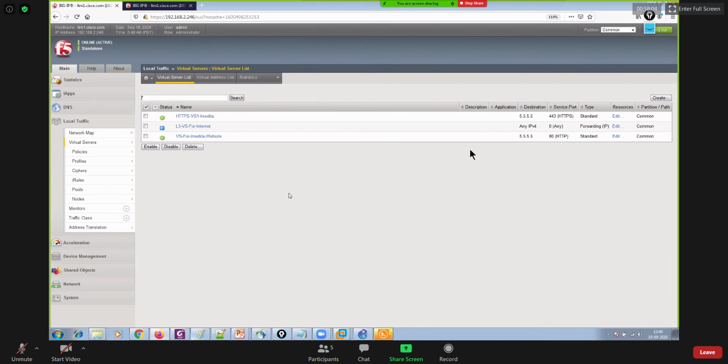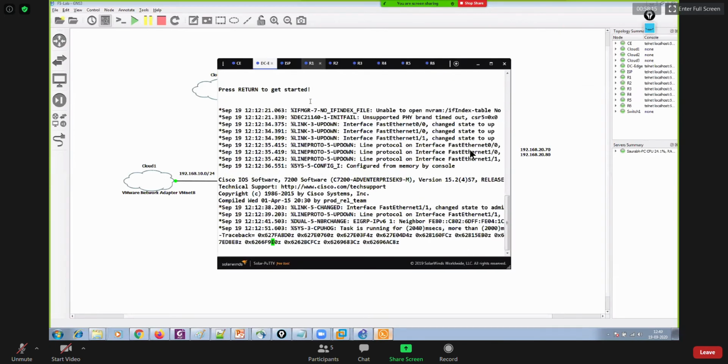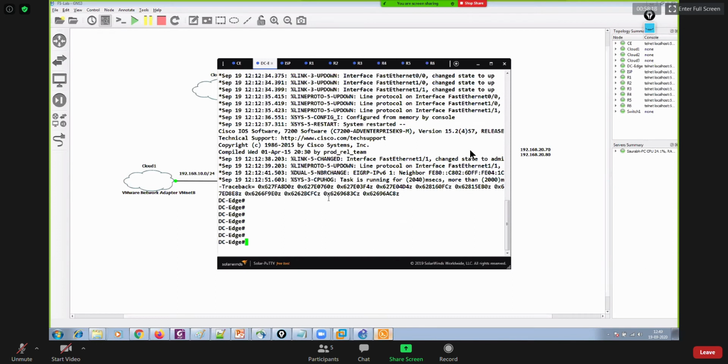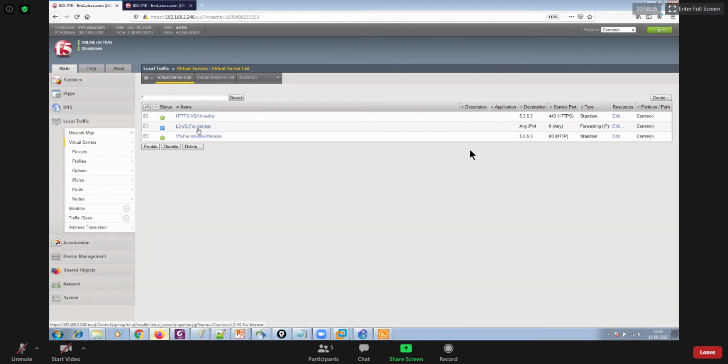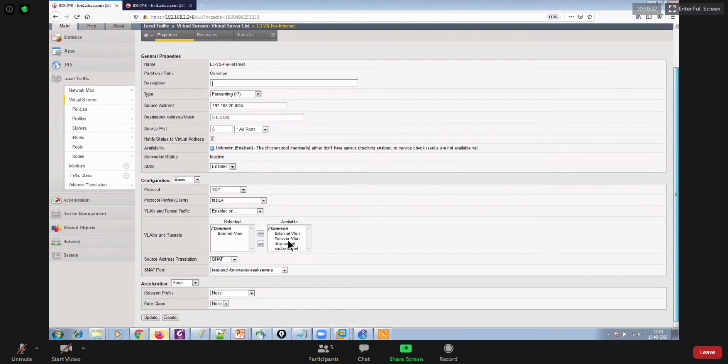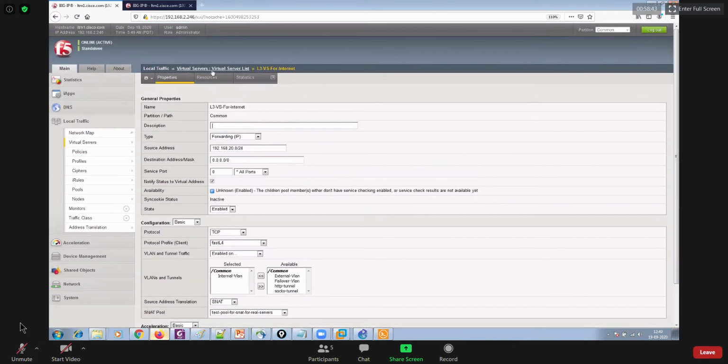So, sir, in that case, if any server failed to get an update or connect to the internet or Microsoft servers, from the monitoring perspective, is there any way to find out? Because it is unknown there. What to find out? Whether it has reachability or not. Yes, yes. I mean, there is no way by default, right? Because there is no way to apply any monitor onto this type of virtual server. Okay, and that is why the status will always remain as unknown.